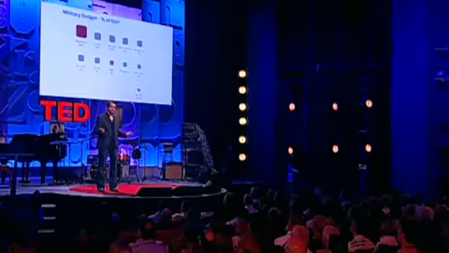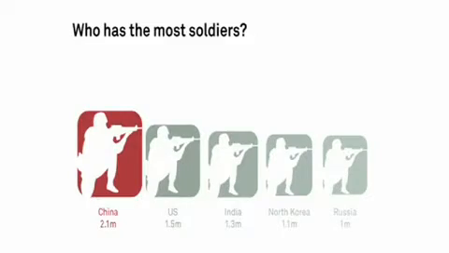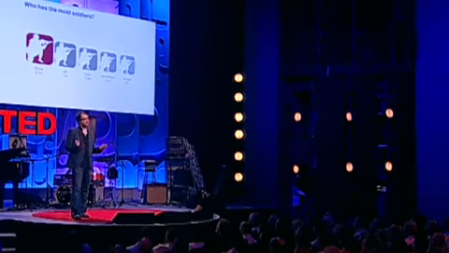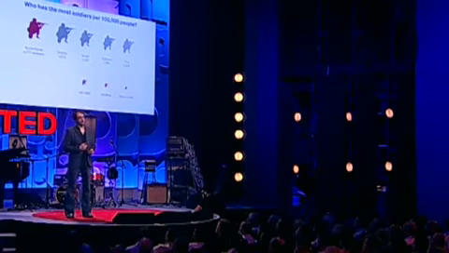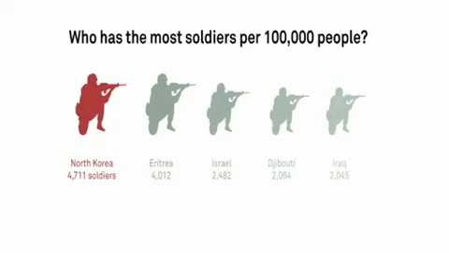Now you can also do this with soldiers. Who has the most soldiers? It's got to be China, of course, 2.1 million. Again, chiming with your view that China has a militarized regime ready to mobilize its enormous forces. But of course, China has an enormous population. So if we do the same, we see a radically different picture. China drops to 124th. It actually has a tiny army when you take other data into consideration.